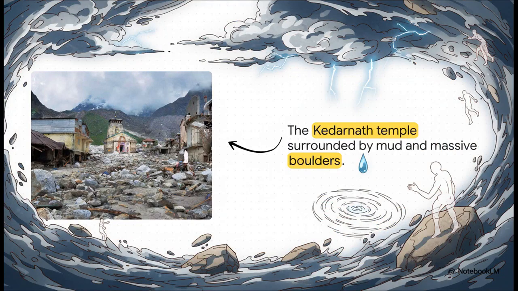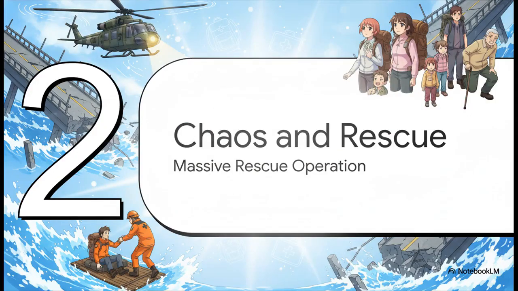The resulting floodwaters completely and utterly devastated the Kedarnath Valley. This photograph is honestly just haunting. You can see the historic Kedarnath Temple is miraculously still standing, sure, but it is entirely surrounded by massive boulders, deep mud, and just the total ruins of destroyed buildings. And making matters infinitely worse, all of this happened during the peak summer pilgrimage season. Tragically, official reports confirm that 580 human lives were lost and over 5,400 people were reported missing in the absolute chaos.